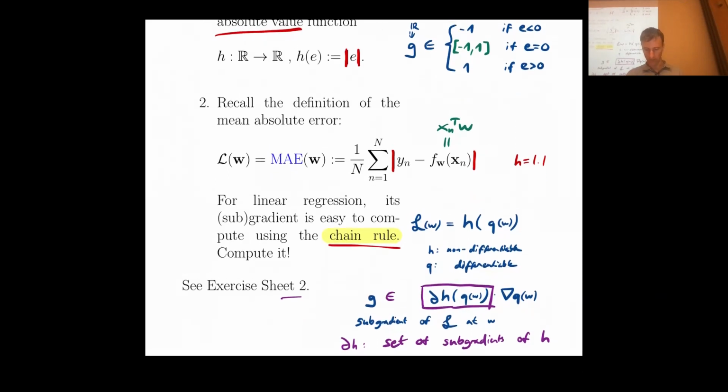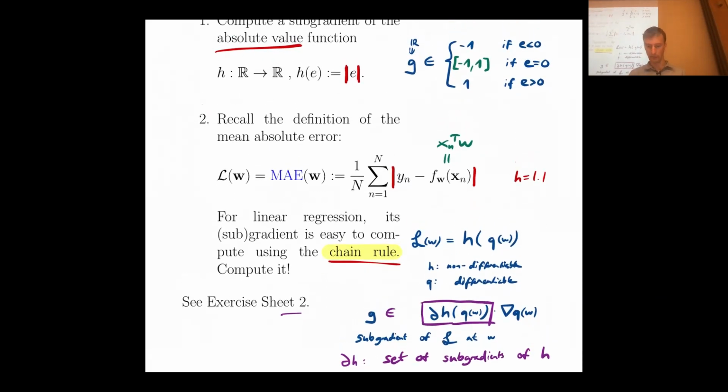And it's really nice to play around with this. To get the correct result, you have to do a case distinction depending on what the inner value is, right? Because E will take the role of Q, and depending on this, the outer function takes a value. That's the subgradient of H, right? That's where you have either minus 1 or 1 or something in between. So that's fun too, to play with this and understand that we can also get